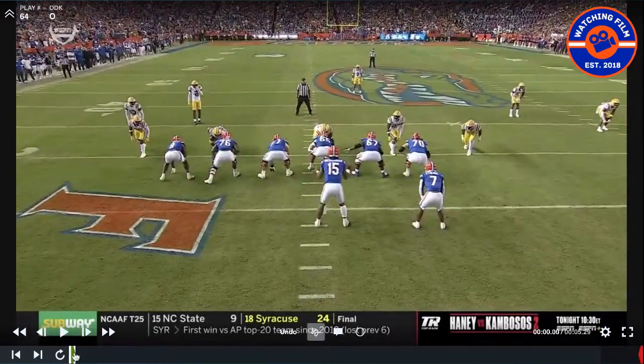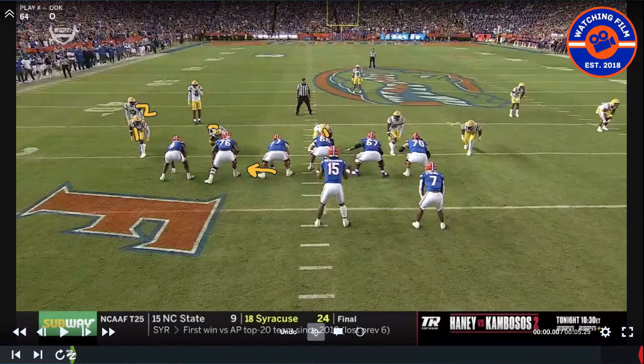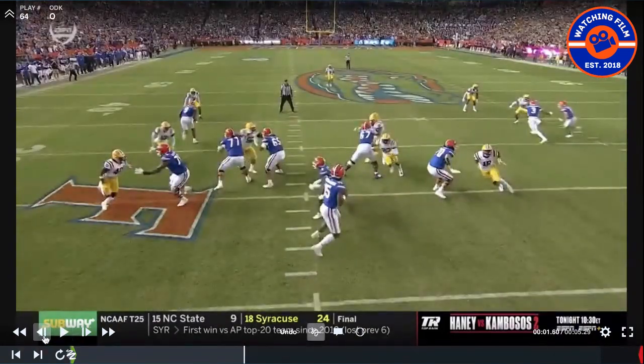So right here, he may come up and set the protection this way, right? Because you've got one there, but you've got a potential 3 over here, right? So I've got potential extra rushers, and then here I have 2. So if I'm good here, maybe he sends the back here to pick up a 4th rusher just in case, right? So if he gets 8 up and they're 8 up right there, right? But this is one where I think you could probably beat him with the ball. But what ends up happening,